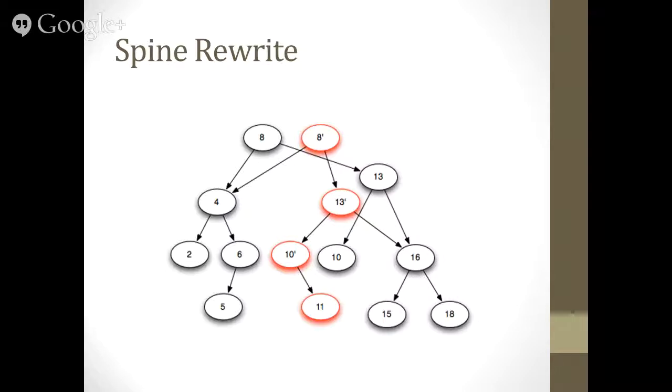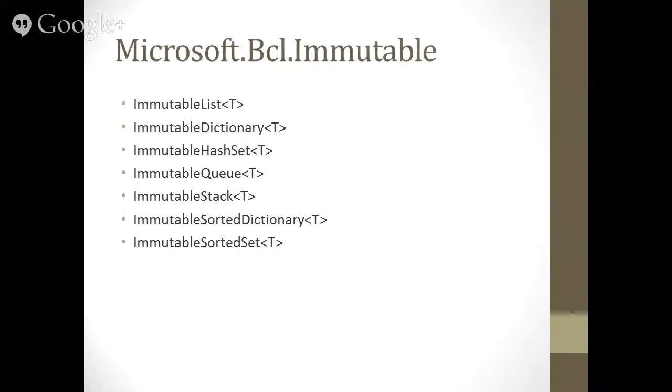Instead of walking you through creating a binary tree example, I'm going to show an existing library that's up on NuGet that uses these collections as binary trees. And that's the Immutable Collections library from Microsoft. The NuGet package name is microsoft.bcl.immutable. It's a bad name, but the actual types are in the